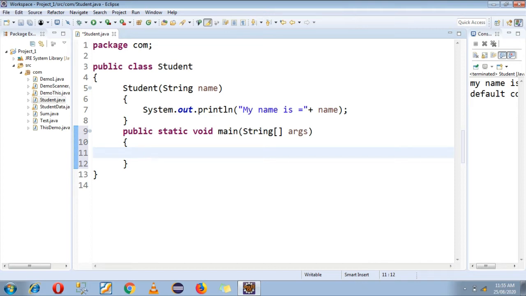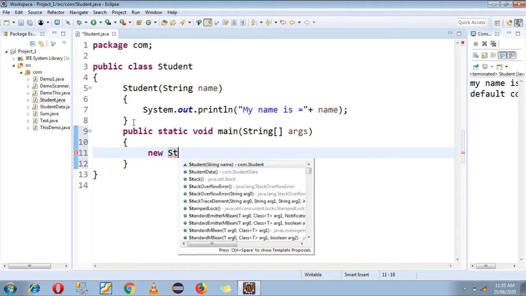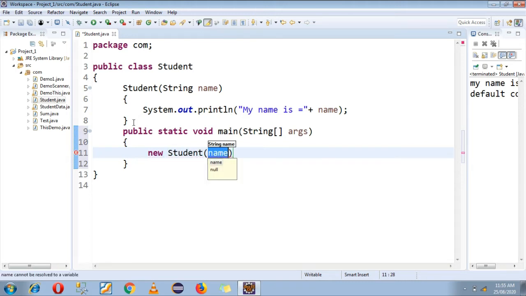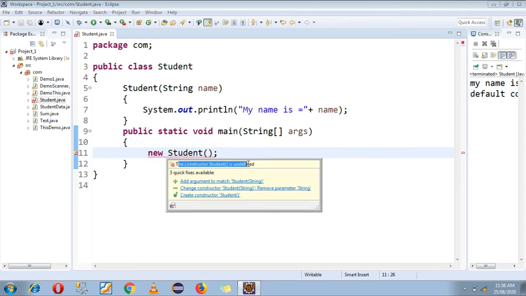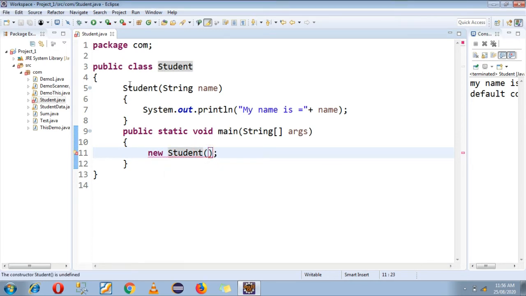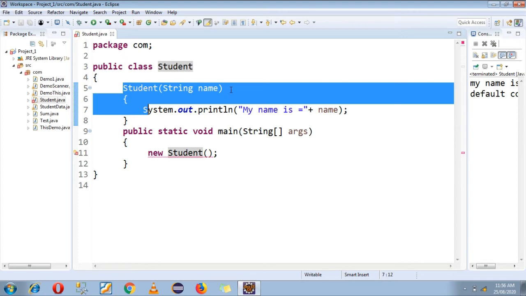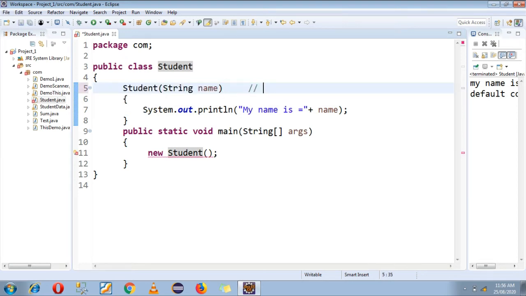You can see the JVM shows me one error, that the constructor Student is undefined, because you are creating a parameterized constructor. When you are creating a parameterized constructor in your class, in the main function at the time of object creation you have to provide a value for that parameter.